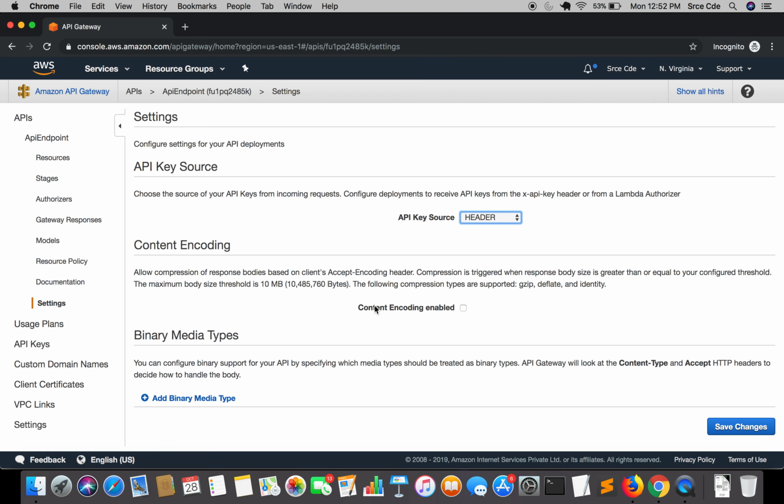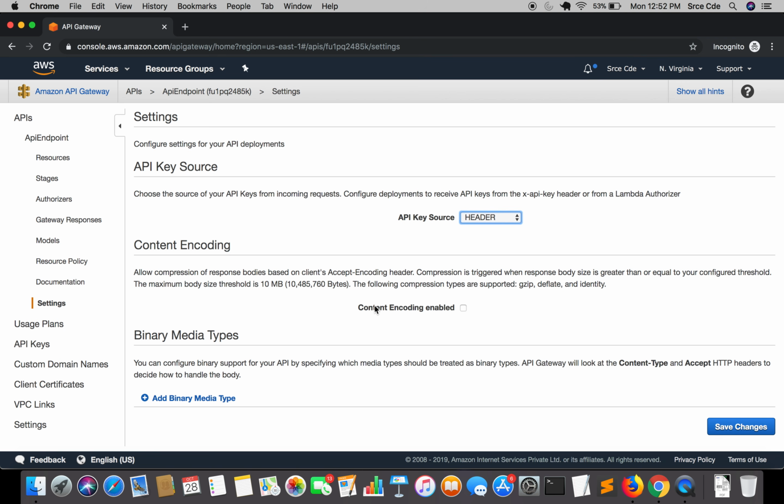Then finally we have binary media types. This option allows you to configure binary support for the API by specifying which media types should be treated as binary types. API gateway will look at the content type and accept HTTP headers to decide how to handle the body.